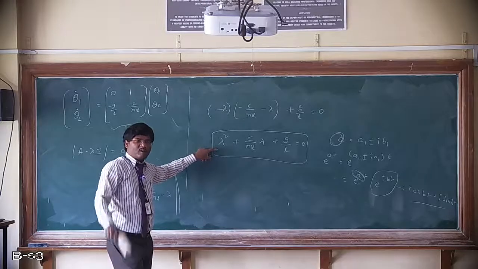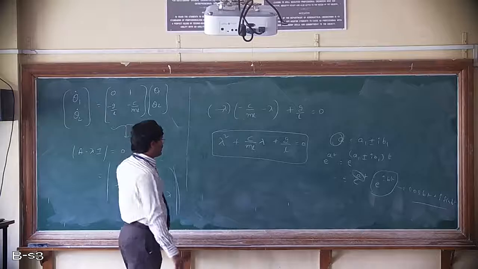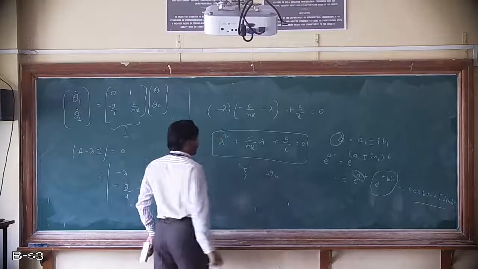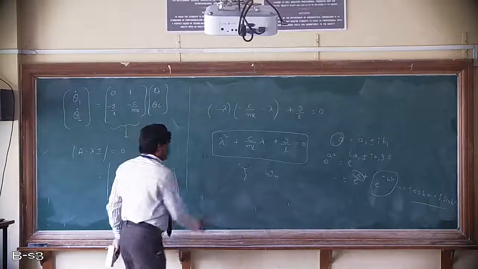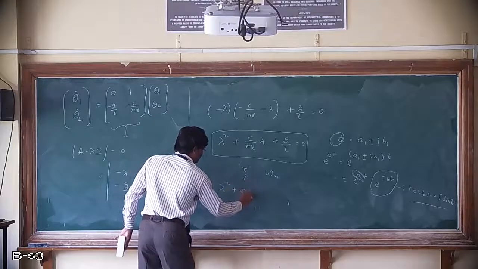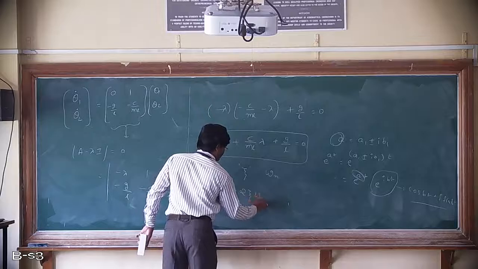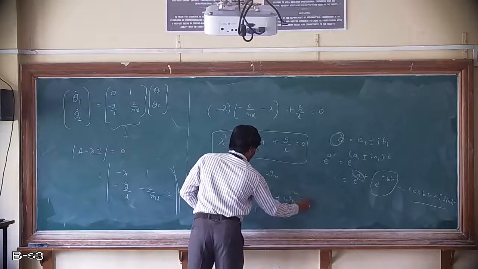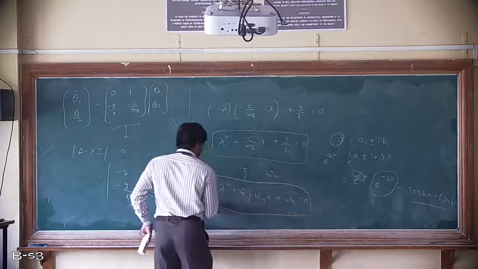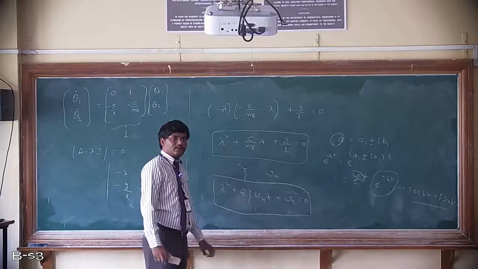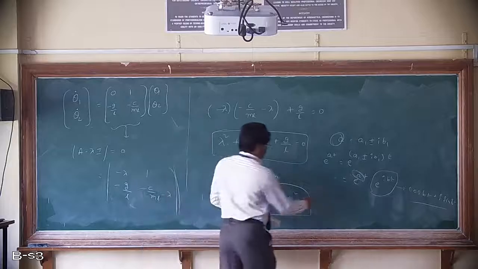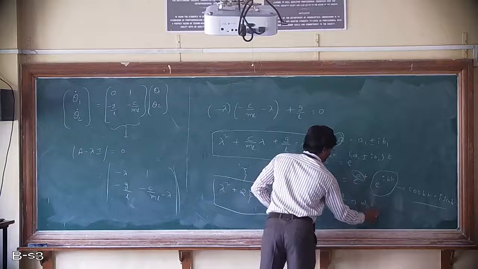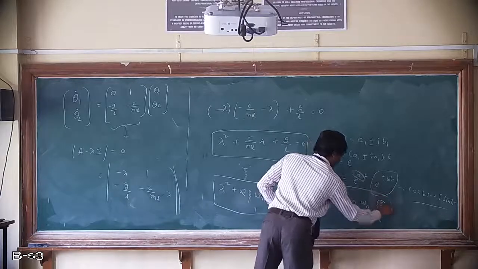Yes, from your vibrations course, if a second order system has damping ratio zeta and natural frequency omega n, the characteristic equation is nothing but lambda square plus 2 zeta omega n into lambda plus omega n square is equal to 0, right? You can compare both these things. If you compare omega n square, you are getting g by L. So omega n is nothing but square root of g by L.